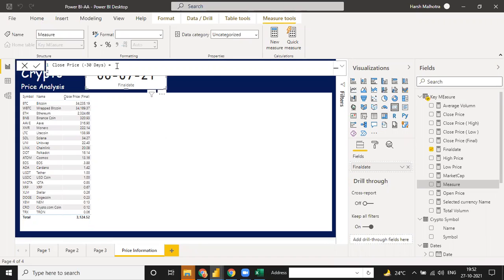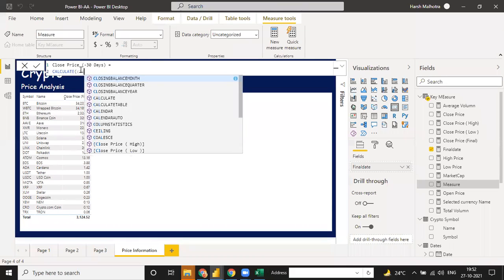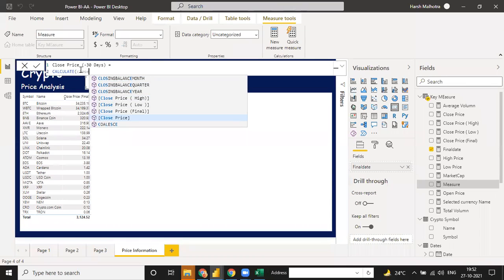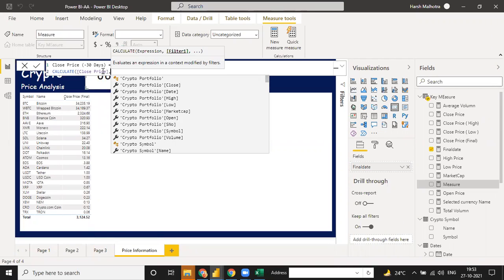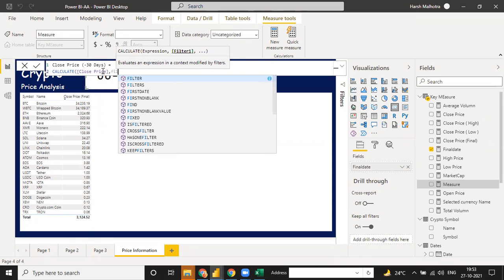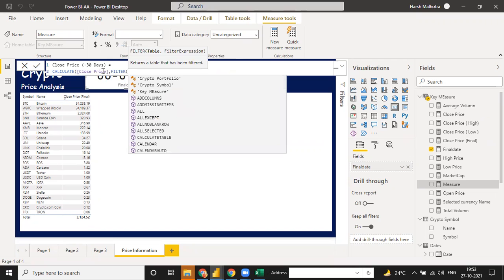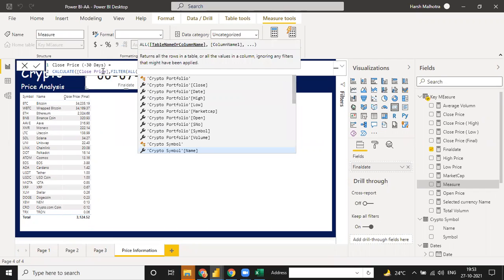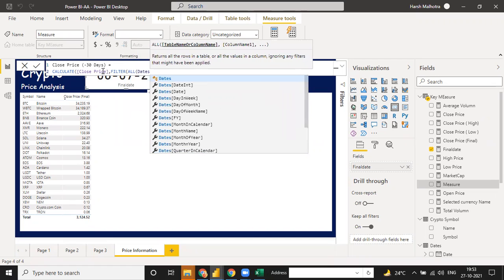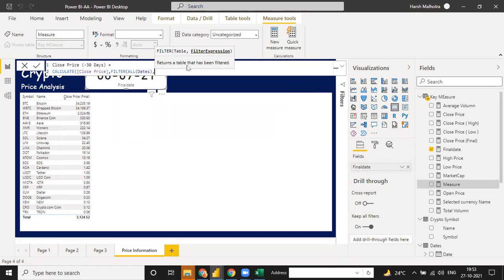So now we have to use an important function, which is CALCULATE, and we need close price. Okay, so you need your average close price, not final, not low, not high, average close price. This is your average. Okay, so we need my close price and filter it from total dates and minus 30. Total dates means the all dates table, this dates. Okay, and we have a date column,